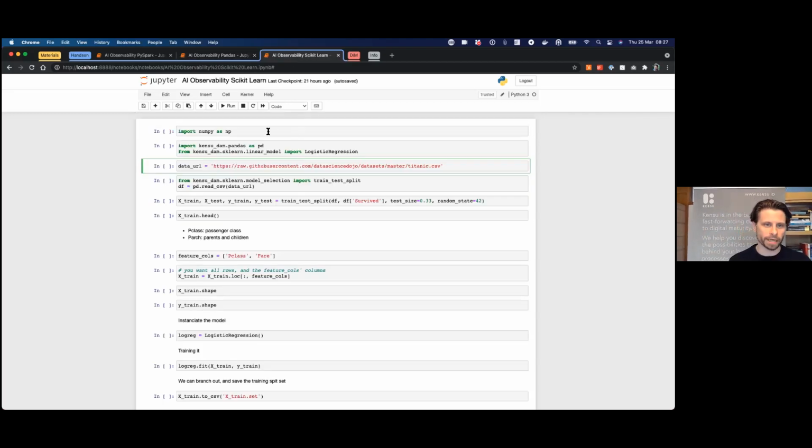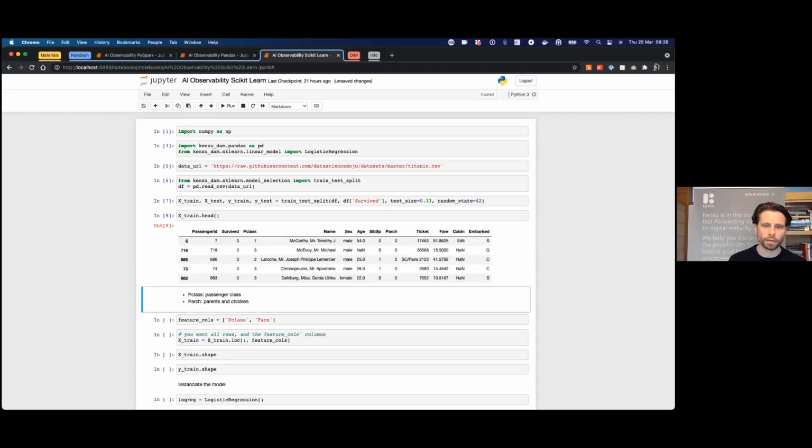And you understand that for scikit-learn, it's pretty much the same thing. It's just that the kind of information you want to produce is a little bit different. So in scikit-learn, it's going to be the same process. You just create your own module and you override the different algorithms in this case. So I'm taking the classic Titanic CSV file. I'm reading the data. I'm splitting the data, basically to run my algorithm. So the train, which will be the observations I will be using to train the first models, and then the test in order to assess if the model is going in the right direction or not.